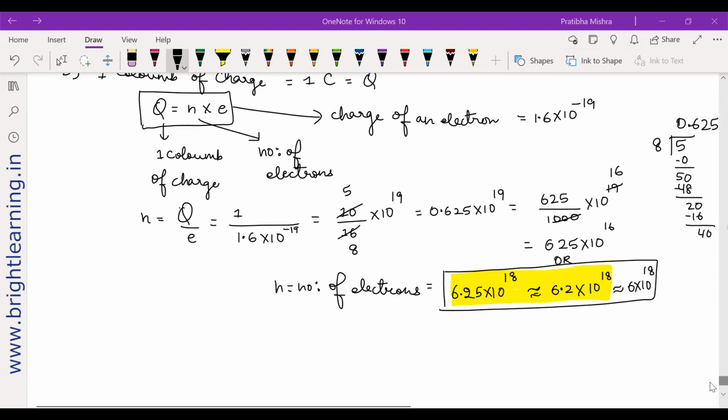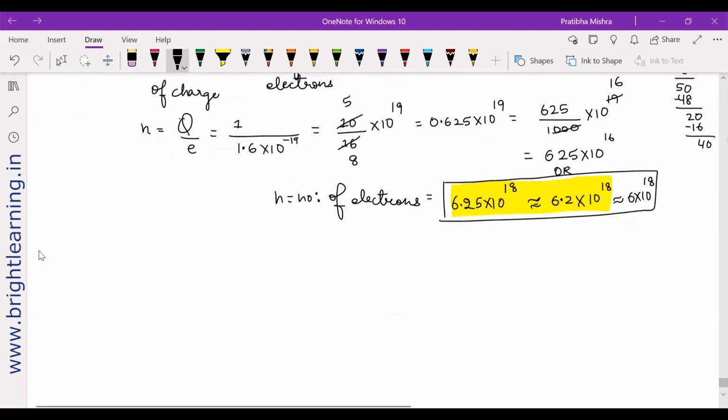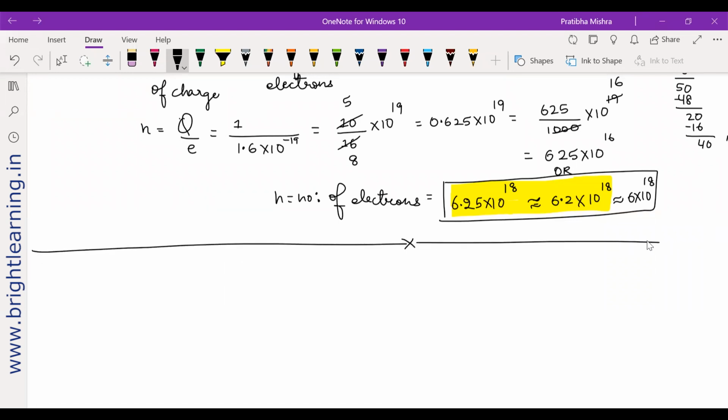So let's scroll down then. I think this is the end of this page. No, we still have a lot of pages. Let us go to the next page where we'll have the questions. So now we will proceed towards page number 202, because I don't think you have anything on page number 201. So let's go to page number 202.